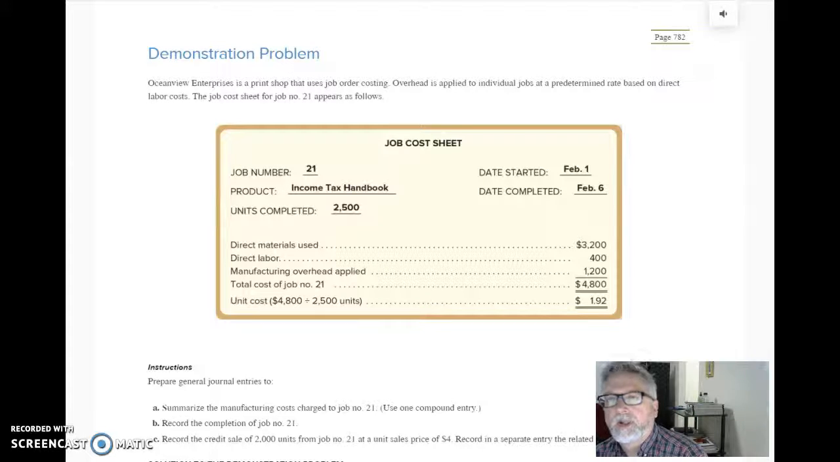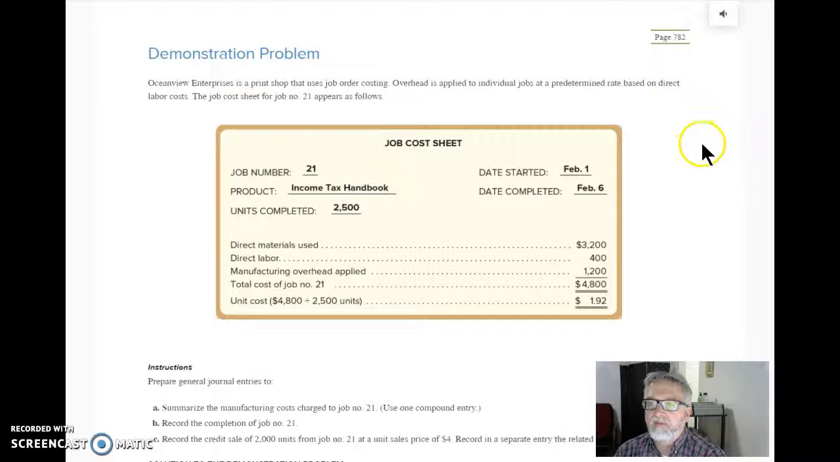Hello, everyone. I had a couple of people ask me about our quiz this week, Chapter 17, the first question, Part B, required B. It's a series of journal entries that you're required to make. As you can see here, that exercise, that quiz, is very similar to this demonstration problem here on page